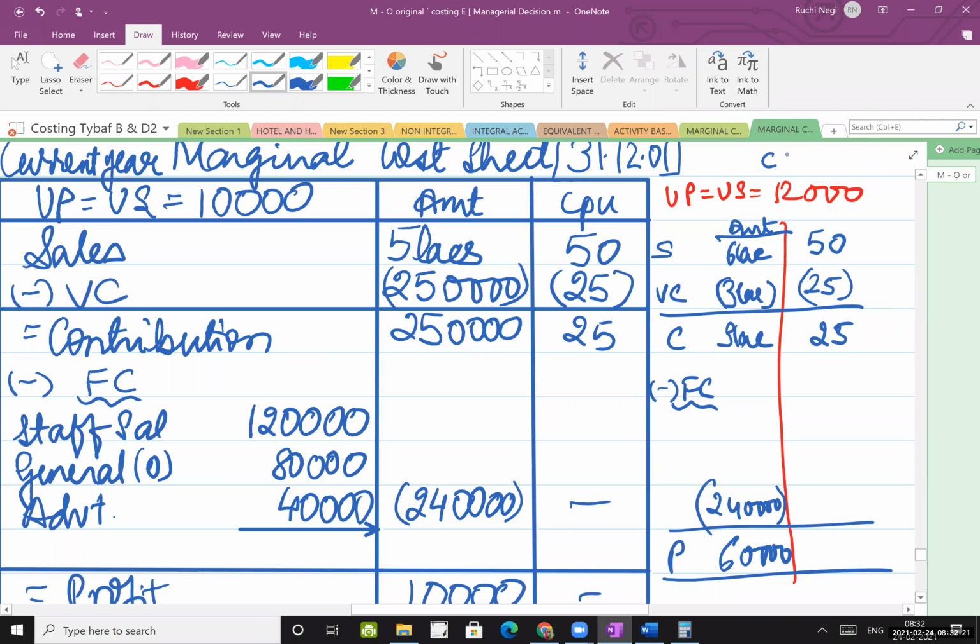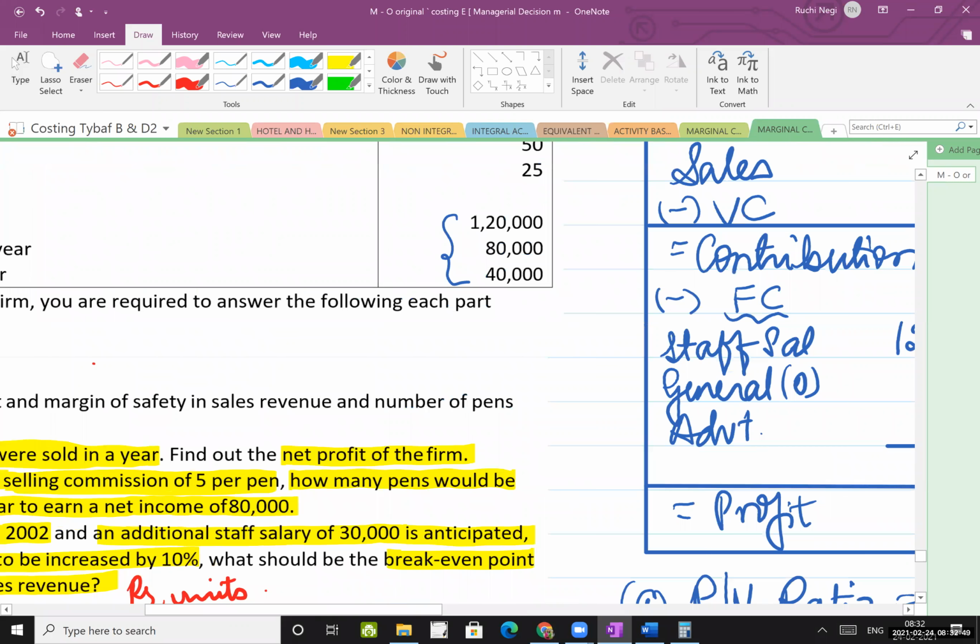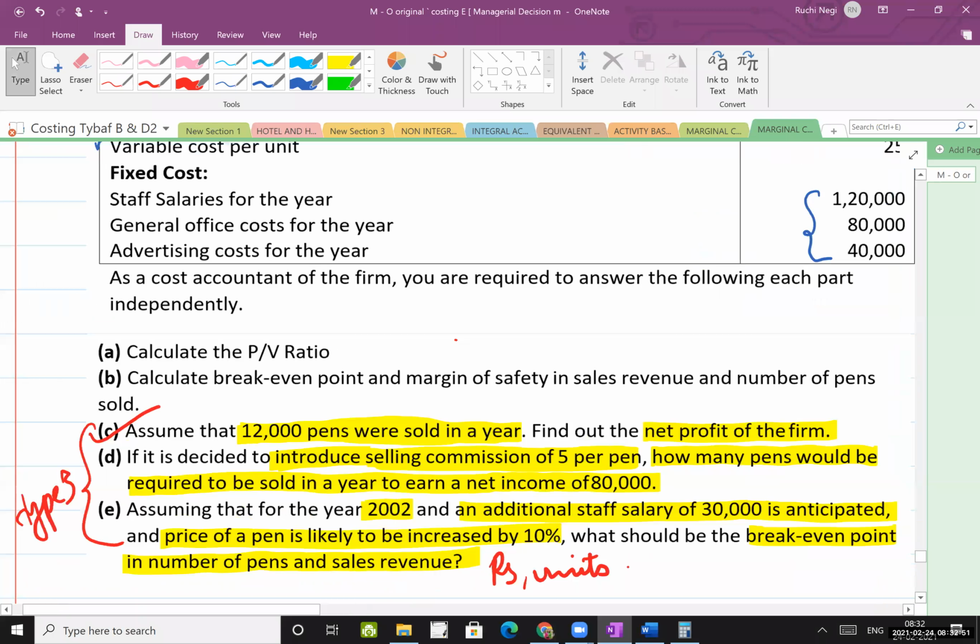So this is the third part of the question. जो तुमने current year का cost sheet बनाया है उसके बाजू में ही ये दो कॉलम आप add कर सकते हो. So my answer is 60,000. This is what they have asked: when production is 12,000, profit कितना होगा? 60,000. तो इसको करने का और एक very easy way है, where we will be using